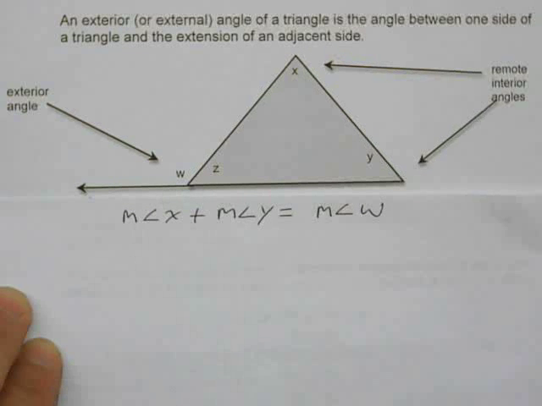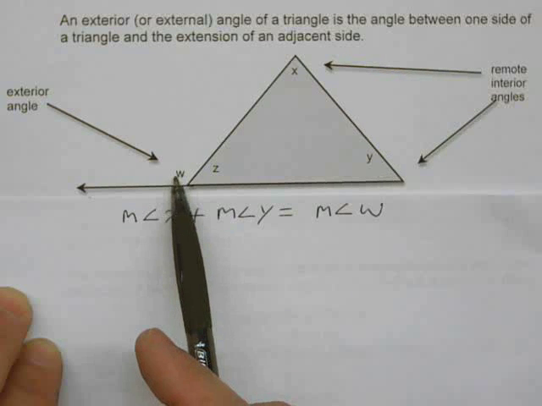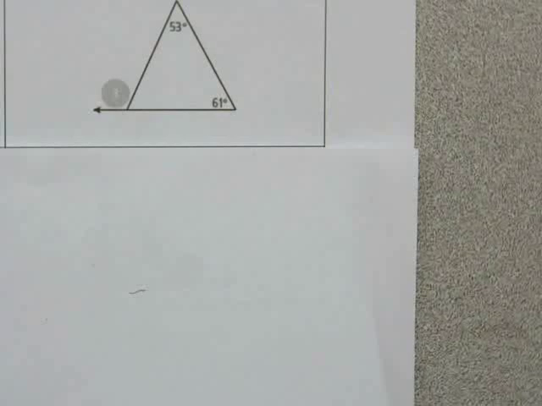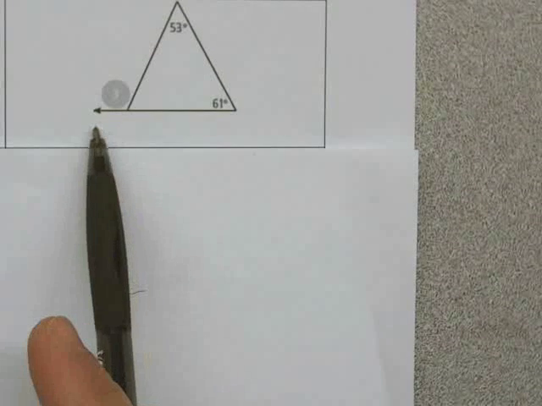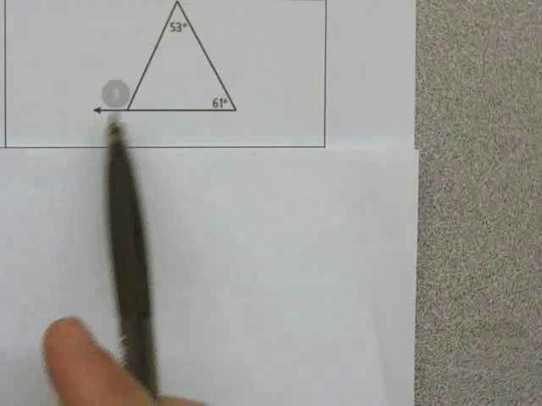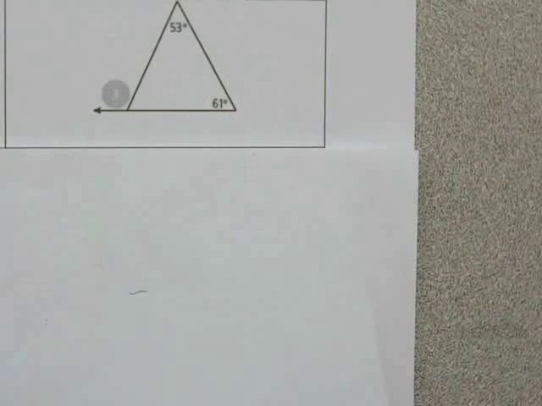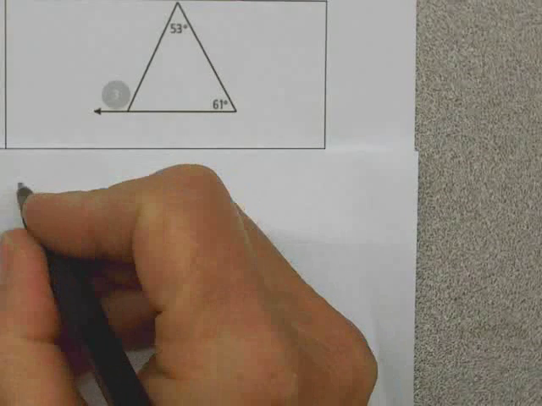And that can be very useful when I'm asking you to find either one of the exterior angles, or one of the remote interior angles, as we're about to see. In this example, I've got the exterior angle number 3 here, and its remote interior angles would be these two. And if I need to find what the measure is of angle 3, well, I know that the measure of angle 3,